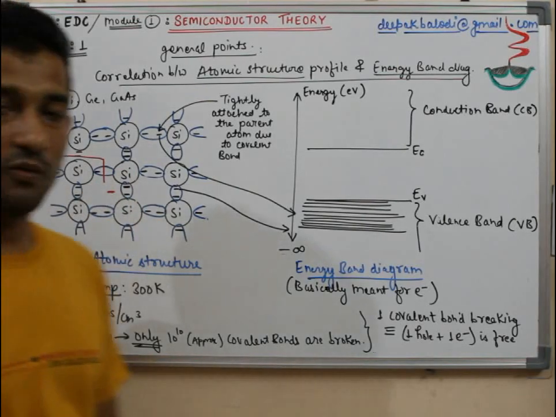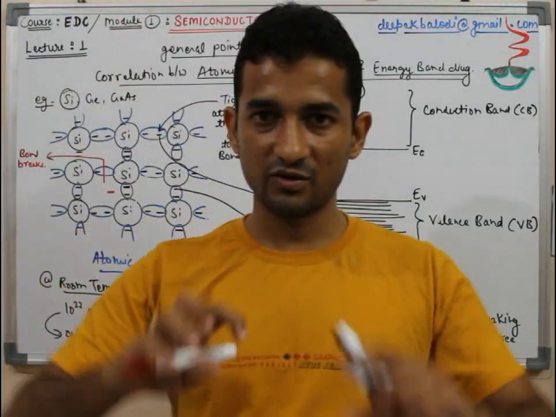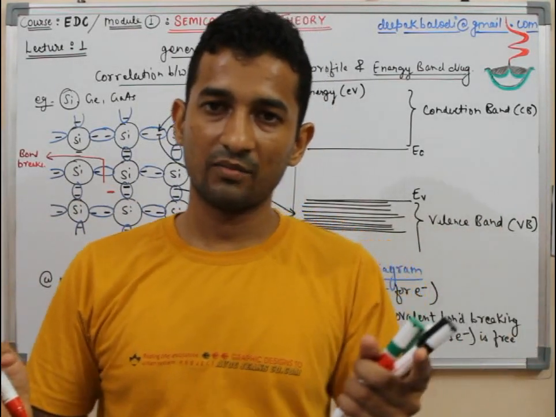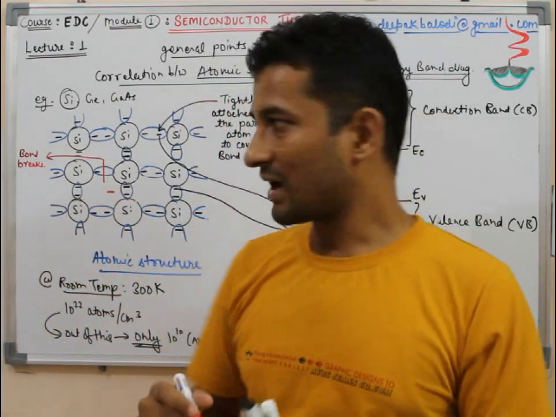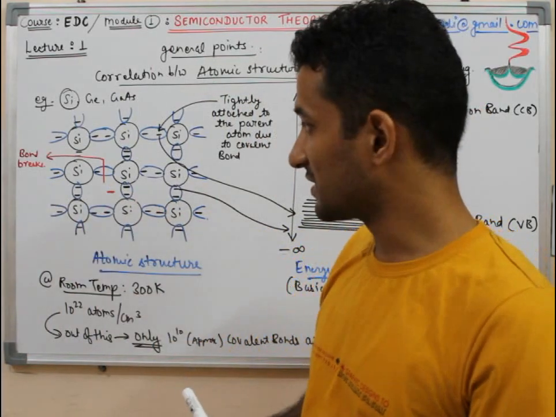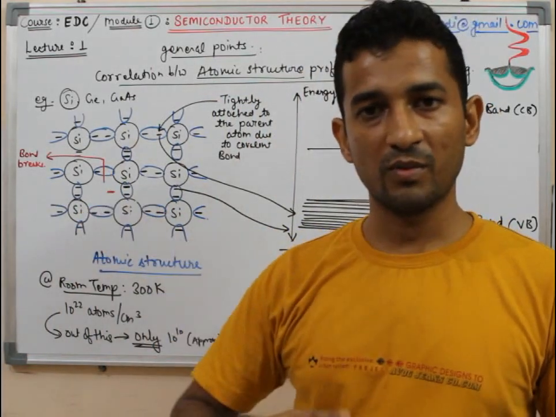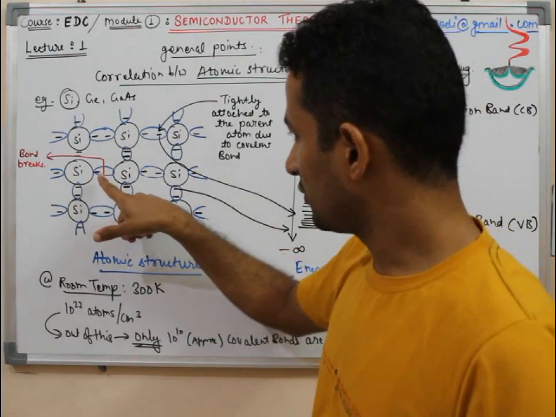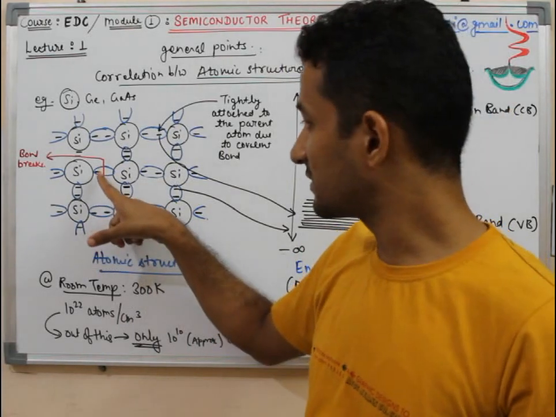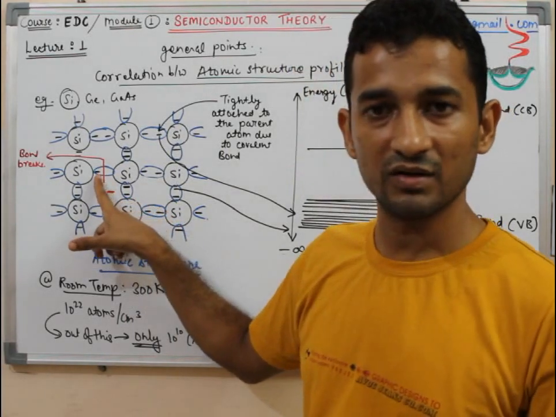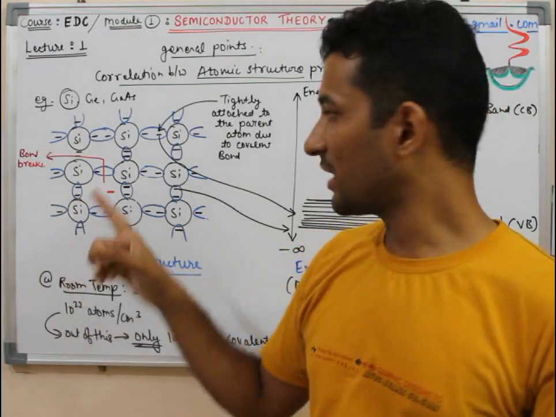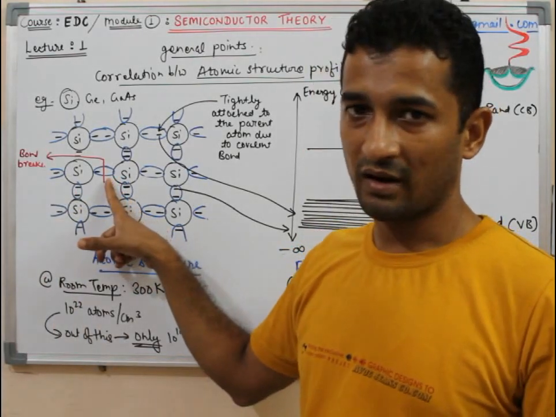Now please remember, whenever one covalent bond breaks, it is not like one stick has become two parts of one stick. It is like the whole energy from the external source, due to which the bond has been broken, is absorbed by only one side. So this electron only has got free, and this one still remains attached with its parent atom. This is a random phenomenon. Why I chose this has no reason.